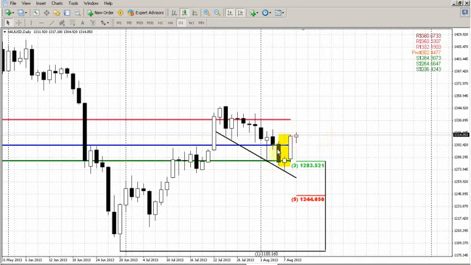By itself you could see that this pattern has appeared right at the fib support 1283, and take a look, weekly pivot support 1. Although this is weekly pivot support 1 for the next week, since the market stands in a rather tight consolidation, it almost equals the weekly pivot support 1 of the previous week. So that was not bad support. That's also some kind of lower border of this pattern. The market has bounced from it and turns to the upside. So in the short-term perspective we have the bullish pattern on our side, and we should probably trade it on the long side of the market.